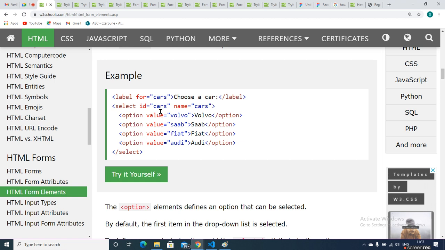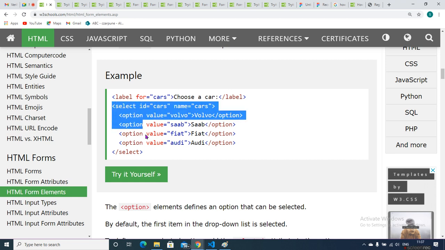Now we did not explore the select element. Now I will show you how the select element works. I copy this select.